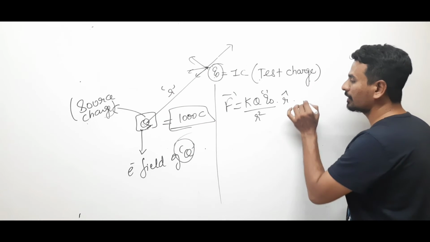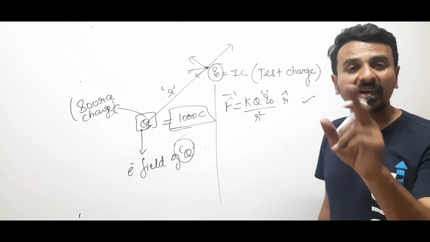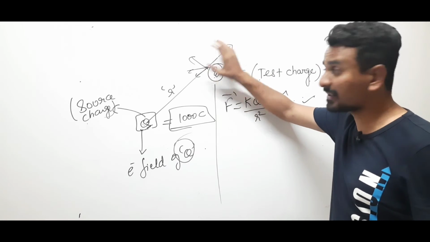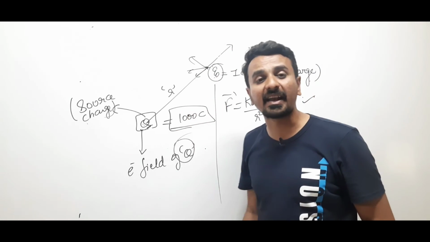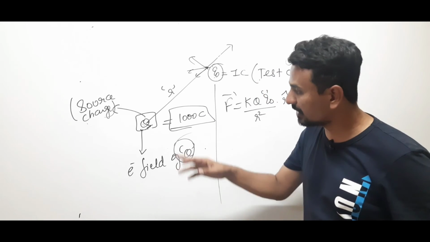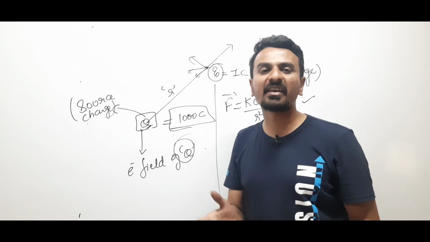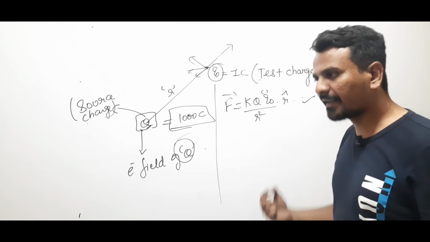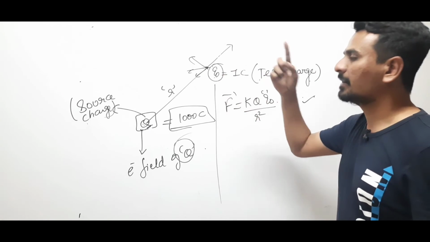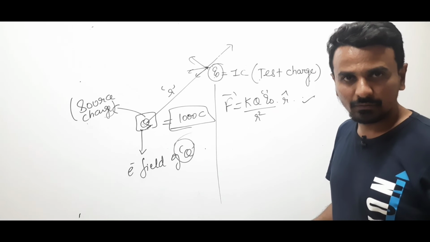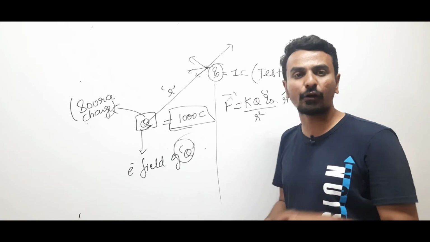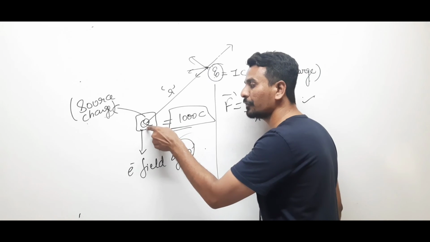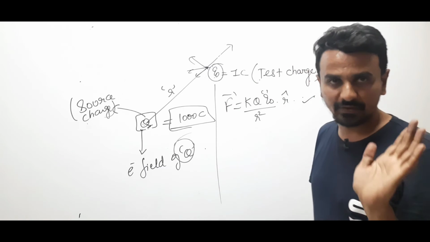So we'll make this equation independent of Q0. See, make it very clear. Actually, I don't need this charge Q0, because if this charge is present, I always get the net electric field, and I don't want the net electric field. I want the electric field of this charge capital Q. But practically it is not possible, because if I take away this charge, then the effect cannot be studied. But on the theoretical side, I can make my equation independent of Q0. So once I make the equation independent of Q0, the remaining part will represent only the effect produced by the source charge, and that is known as electric field.